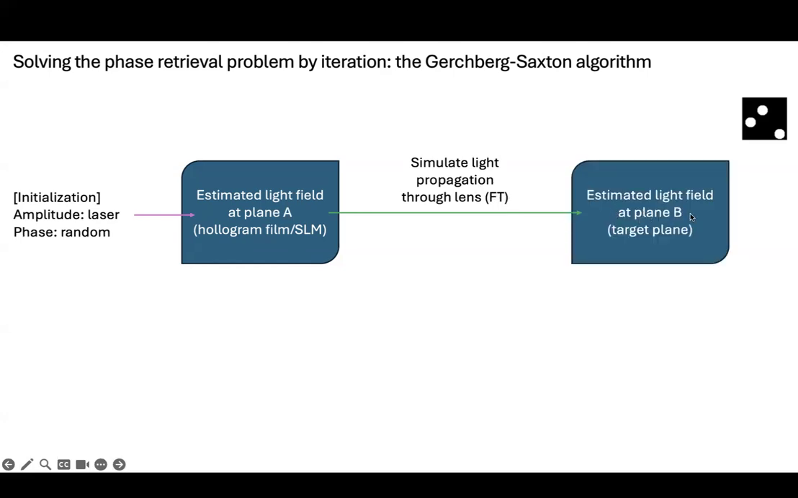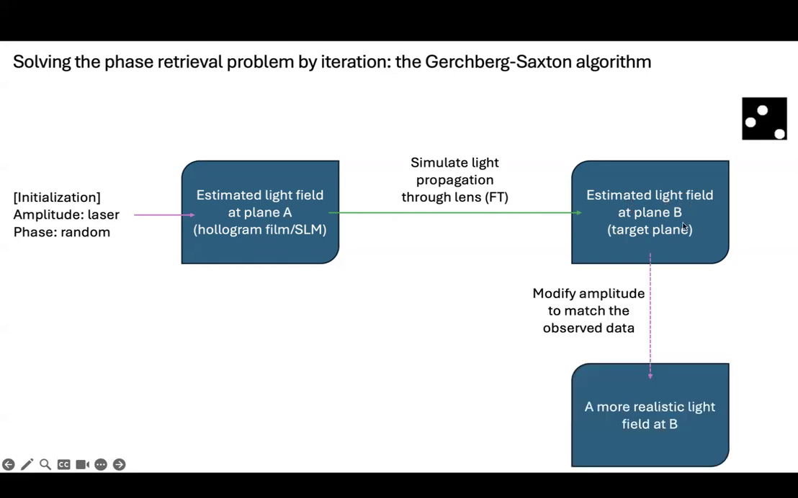When it reaches your plane B, which is the target plane where you want to show your 3D pattern, it's going to have an estimate of what this light field looks like. But during the initial iterations, it's probably not going to look very good because you randomize it with a phase that you don't know of. So what you need to do here at plane B is slightly modify the amplitude to match the observed data better so that you get a slightly more realistic light field that matches your desired pattern